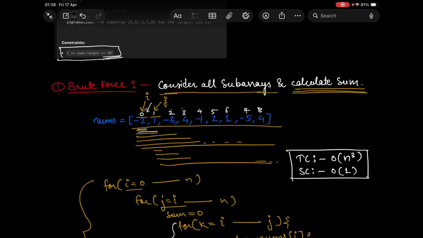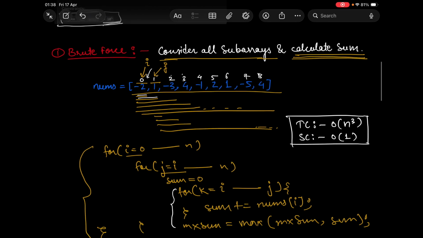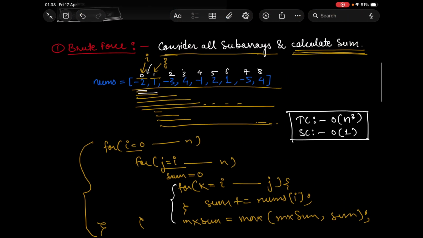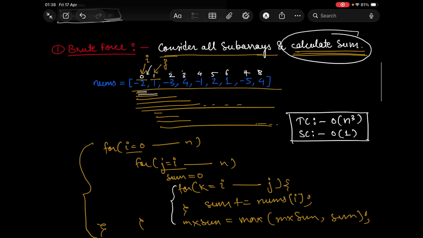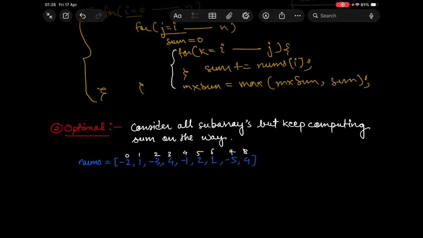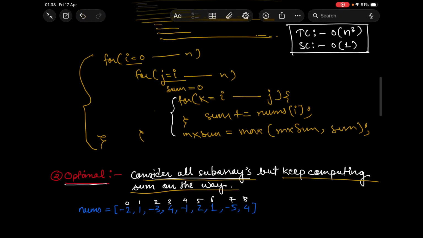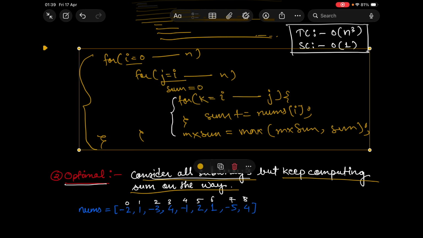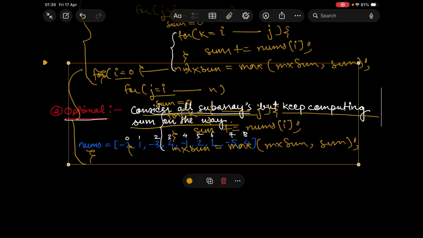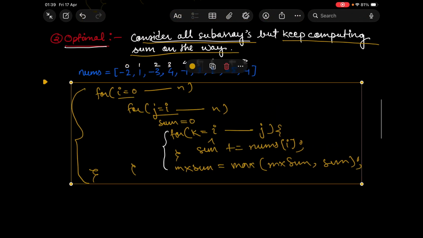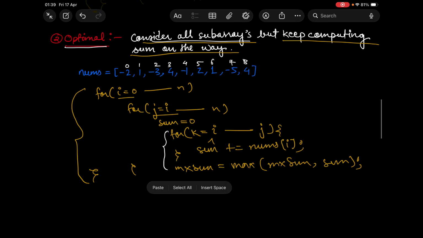So in that way, we would be able to have this calculating sum part removed, this part basically. So this is a little more optimal than the above, where we are still considering all the subarrays, but keep computing the sum on the way. Okay, so instead here, if I just do this, okay, so if I just do this,